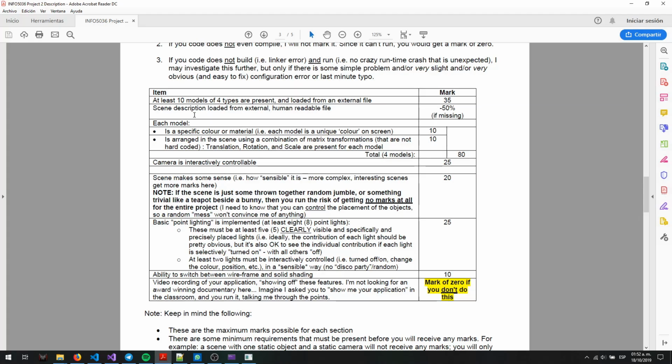So far we've covered the 8 lights, of which 2 are controlled, which are the stop lights, and solid and wireframe shading. I have also shown that. The scene, I think it makes sense. I hope it does. So the camera is interactable and controllable, and